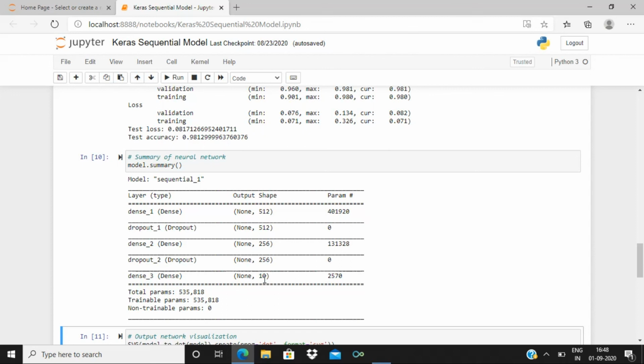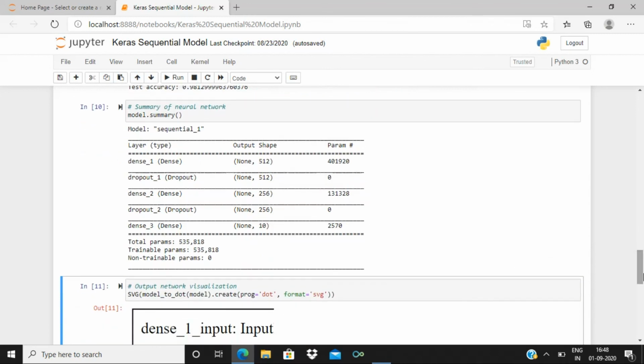The number of parameters is 535,818, and all of these are trainable parameters. Now let's actually visualize how our model has progressed.